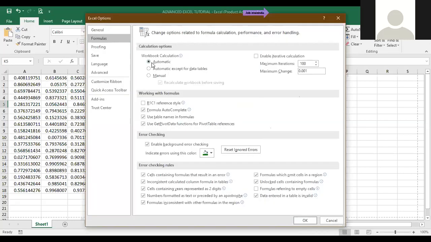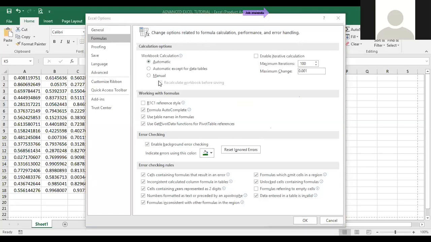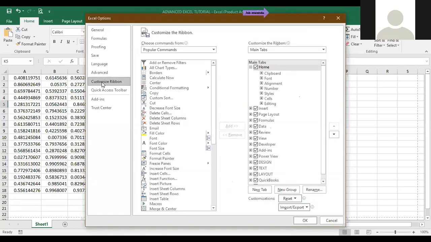Then another thing, you can change the language if you want. Very important, you can have the quick access toolbar. Then you can also customize your ribbon. I've clicked on customizing the ribbon. You can see what I've done. Now, the ribbon is what you have here on top, over here. This is the ribbon. Now you can decide to customize it so that it has those things that you use